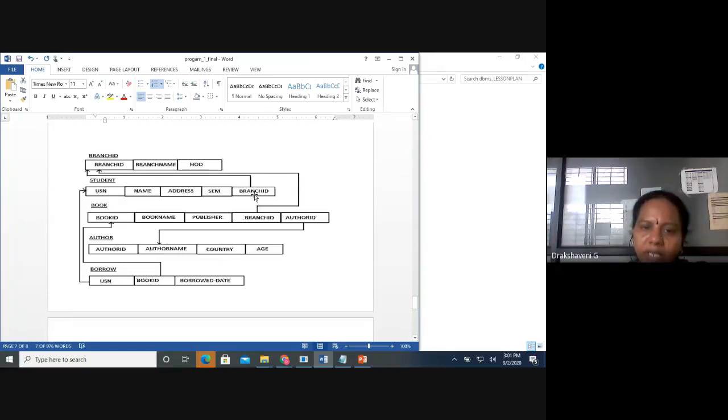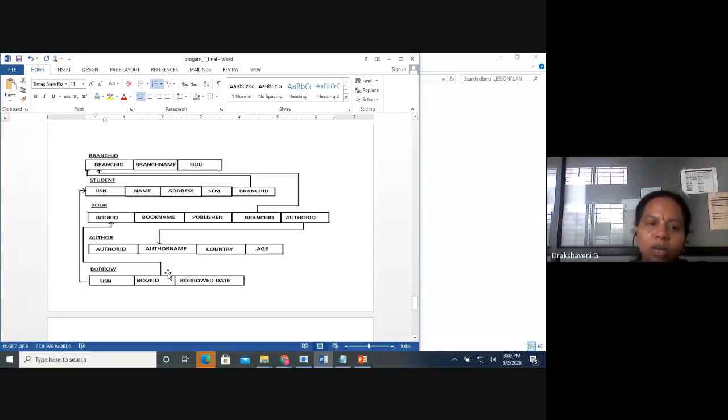Here branch ID is a foreign key for the student table, which is referred from branch. In the same way, the book table has a branch ID, which is also referred from branch. Author ID is also referred here.